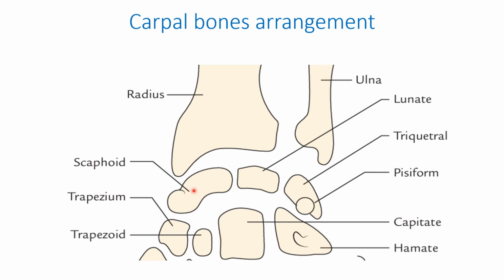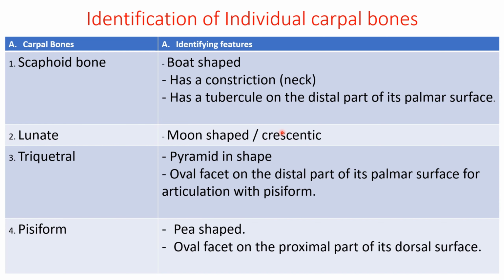So the mnemonic here is: she looks too pretty, try to catch her. So scaphoid, lunate, triquetral, pisiform, trapezium, trapezoid, capitate, hamate. This forms the carpal bones of the hand. The proximal row is scaphoid, lunate, triquetral, and then pisiform. Distal row: trapezium, trapezoid, capitate, hamate. So this is the proximal part, this is the distal part. Then let us look at the